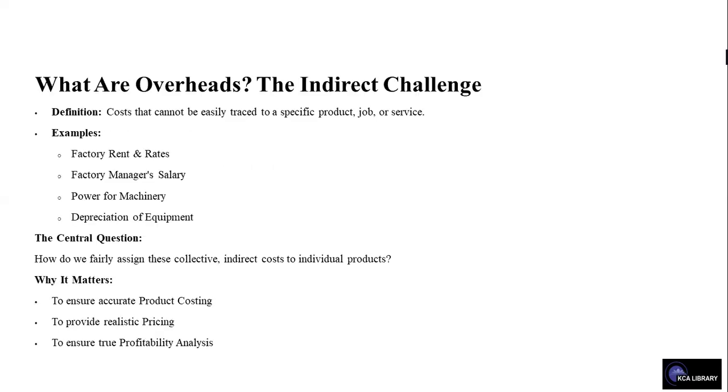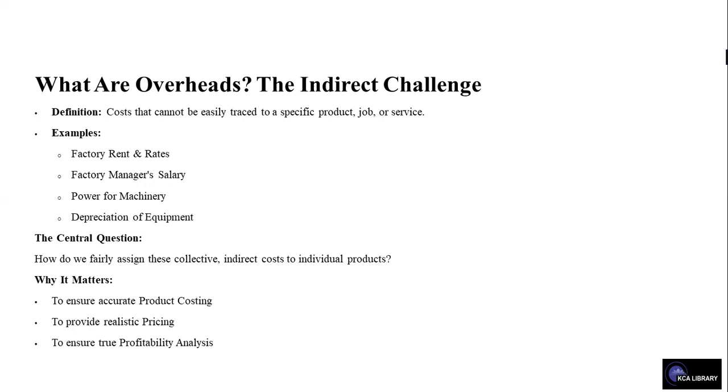And what is overhead? It's actually indirect costs that cannot be easily traced to a specific product, job, or service. An example of this is the factory rent or rate, the factory manager's salary, power for machinery, and the depreciation of equipment. It asks a central question: how do we fairly assign these collective indirect costs to individual products? And why it matters to look at overhead is to ensure accurate product costing, to provide realistic pricing, and to ensure true